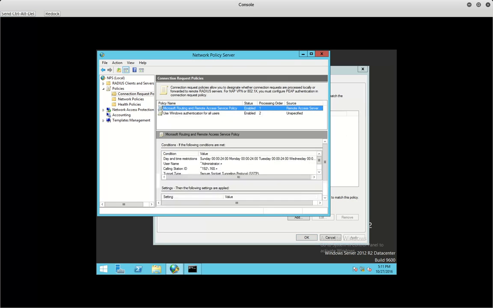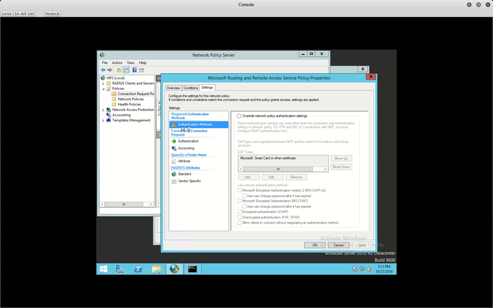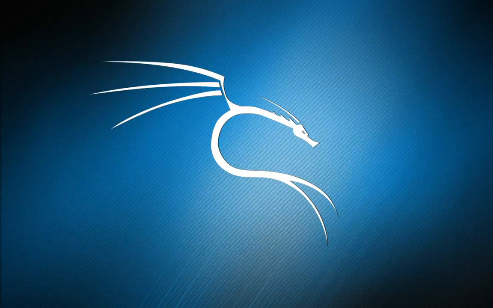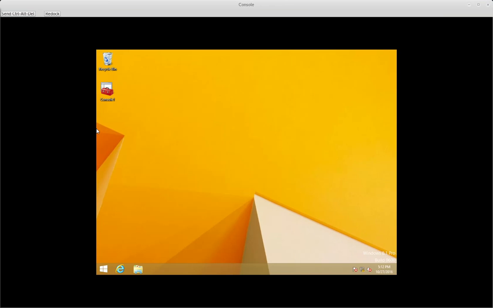So let's go to the connection request and conditions, no settings, and let's override the network policy authentication settings and use a smart card or certificate here. And let's try again to connect from the client. Alright, so we get back, we're connecting, and we are connected. So, I mean, you have to be aware that some of those things are